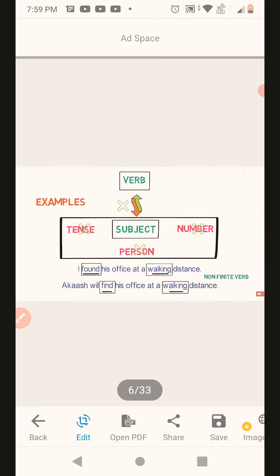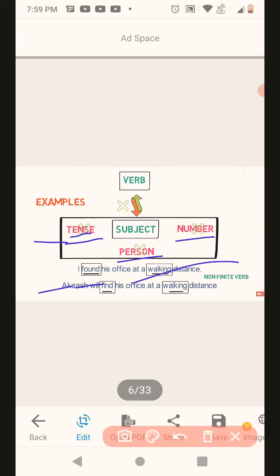So children, let us learn what a non-finite verb is. It is opposite to a finite verb. A non-finite verb is one which is not bound to tense, number, and person. That means it does not change according to tense, it does not change according to number, it does not change according to the person. So for example,